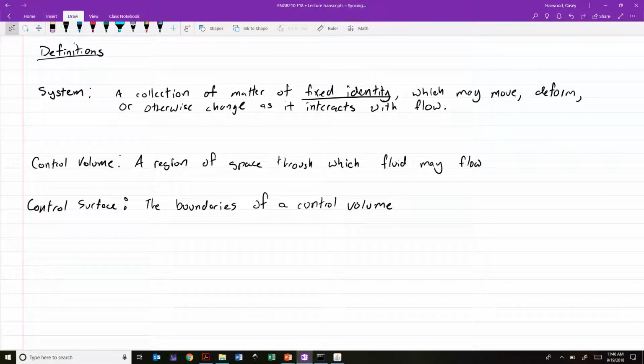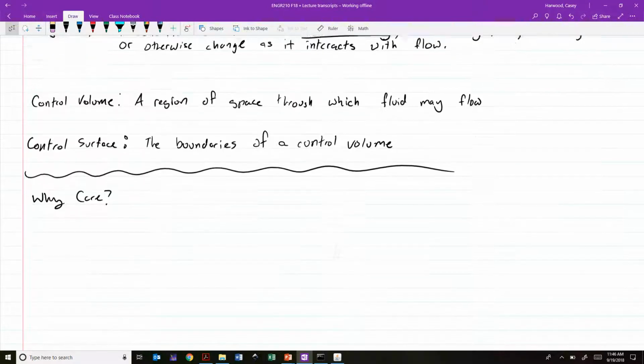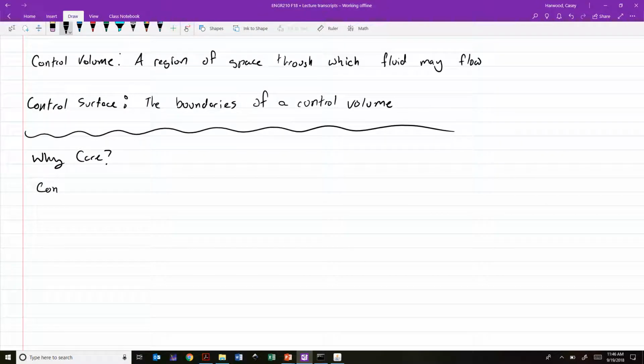All right, so why do we care about this difference between systems and control volumes? Well, I want you to think about classes you've taken in statics, dynamics, physics, or thermodynamics, where you've learned what we call conservation laws. Conservation of mass, conservation of momentum, also known as Newton's second law, conservation of energy, which are generally written, we'll say conservation of mass, which says that